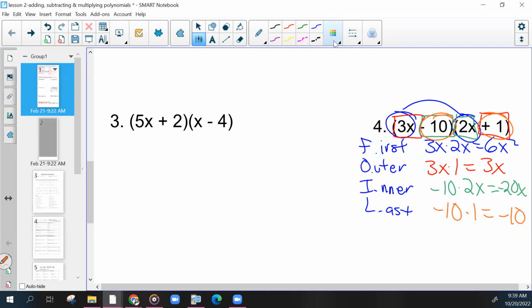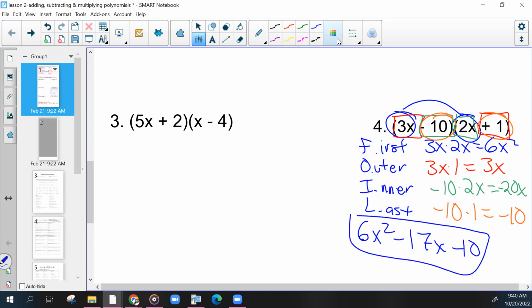So it's the same process as rewriting it, just a little bit faster. And then combine your like terms, 3x and negative 20x. We have 6x squared minus 17x minus 10. The next one we do from this section, I'll show you the other method, and then you can choose between these three, rearranging, doing the FOIL, doing this last method. Other questions in 1 through 6 that we want to see go over?